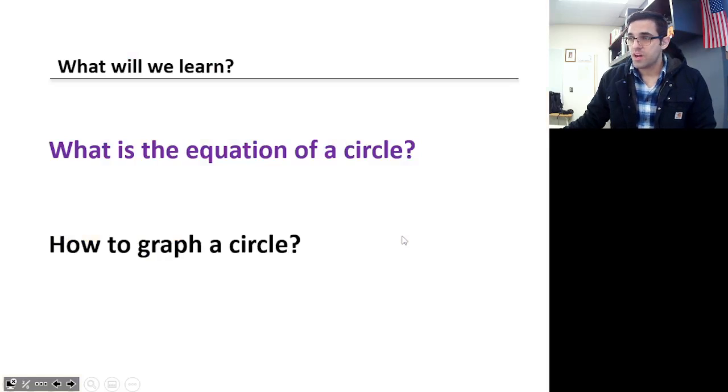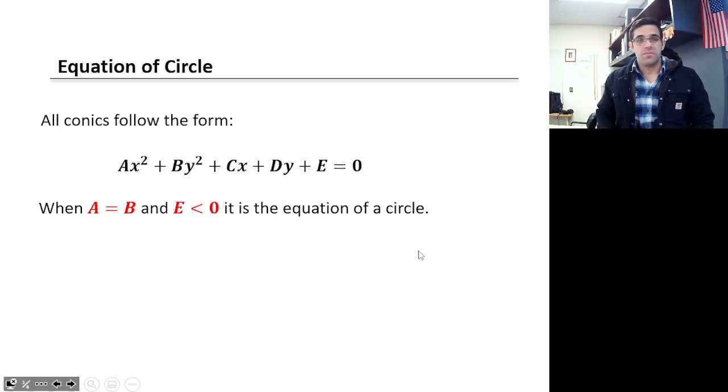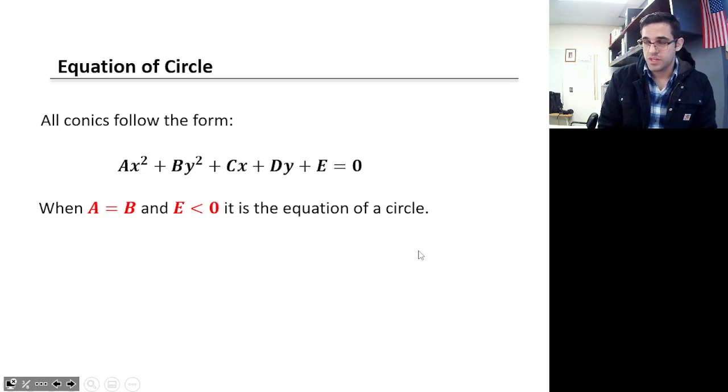So in this lesson we're going to talk about what the equation of a circle is and how you graph it. First of all, one way to describe conics is this equation right here: ax squared plus by squared plus cx plus dy plus e equals 0. A circle is specifically when a equals b and when e is less than 0, as in e is a